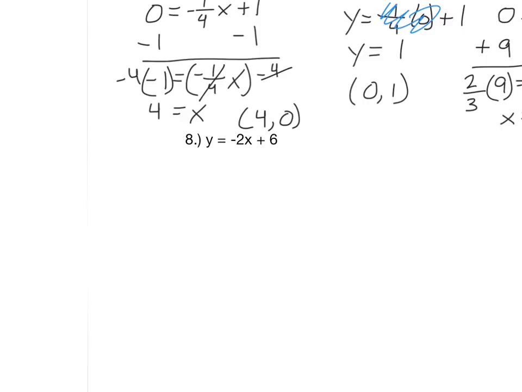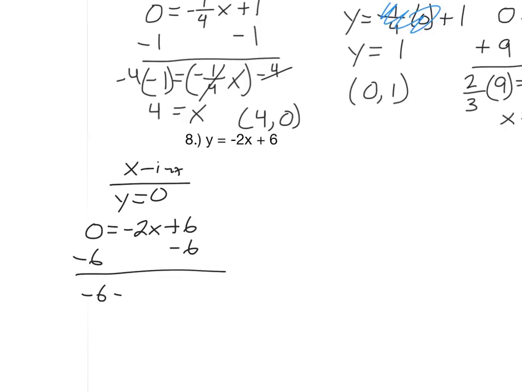So number 8, x-intercept, y-intercept. Actually, let's just do the x-intercept first before I write y-intercept. For x-intercept, y has to equal 0. So anywhere you see a y, you're going to plug in a 0. So that's 0 equals negative 2x plus 6. Subtract 6. Negative 6 equals negative 2x. And then you divide by negative 2. And right there you get your x-intercept, which is 3,